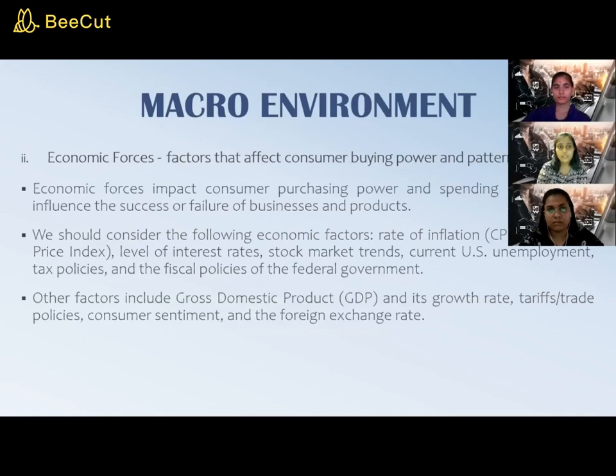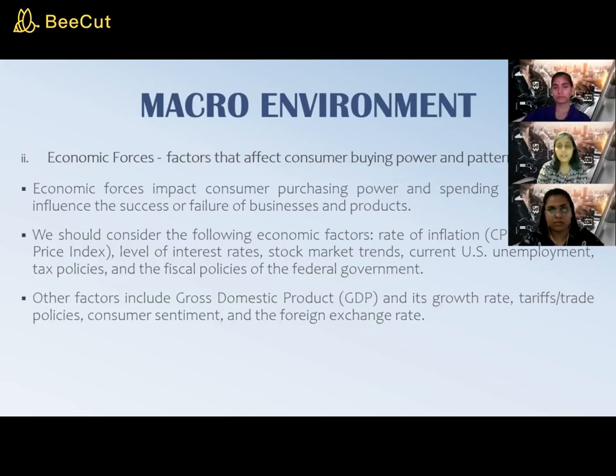Economic forces: factors that affect consumers' buying power and patterns. Economic forces impact consumer purchasing power and spending patterns and influence the success or failure of businesses and products. We should consider the following economic factors: rate of inflation, CPI (consumer price index), level of interest rate, stock market